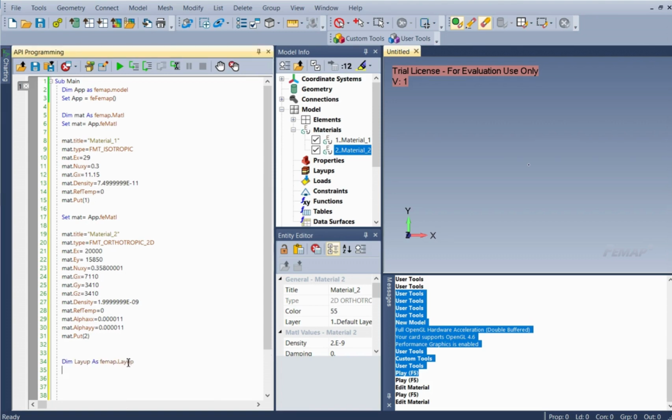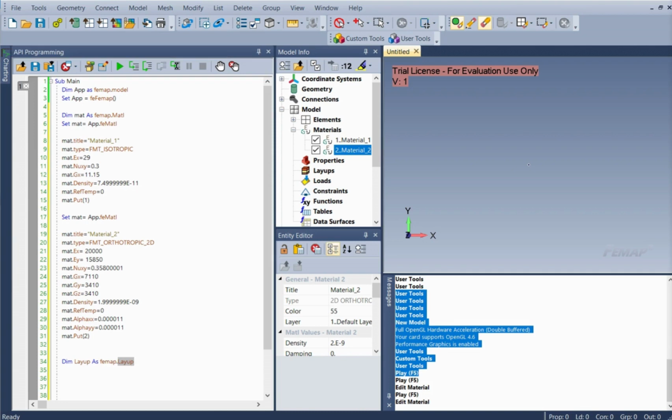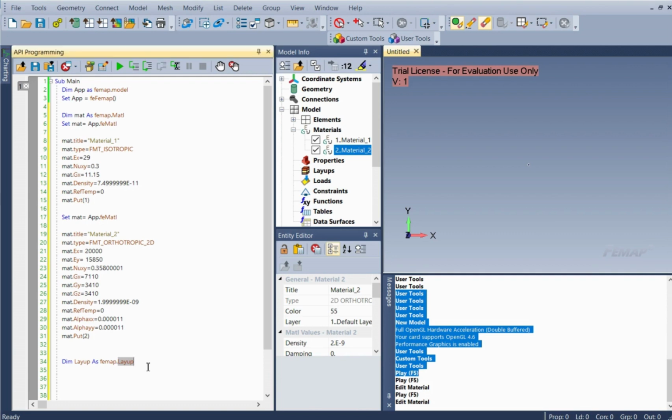And once we have done this, now you're gonna set it the same as material. Once you have done this, now you set this object layup to be linked to the model that is active now. For this, you set the layup